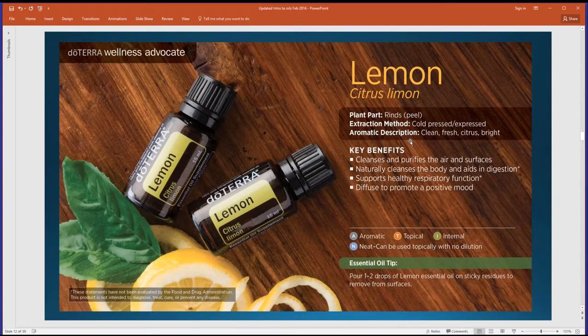I've got one of those Shark mops, you know, those steam mops for the kitchen floor, and I always put lemon or On Guard in there, and it not only smells wonderful, but it detoxifies and cleanses surfaces. Lemon's fantastic for that. Fantastic for healthy respiratory function, and definitely the citrus oils are some of the best mood